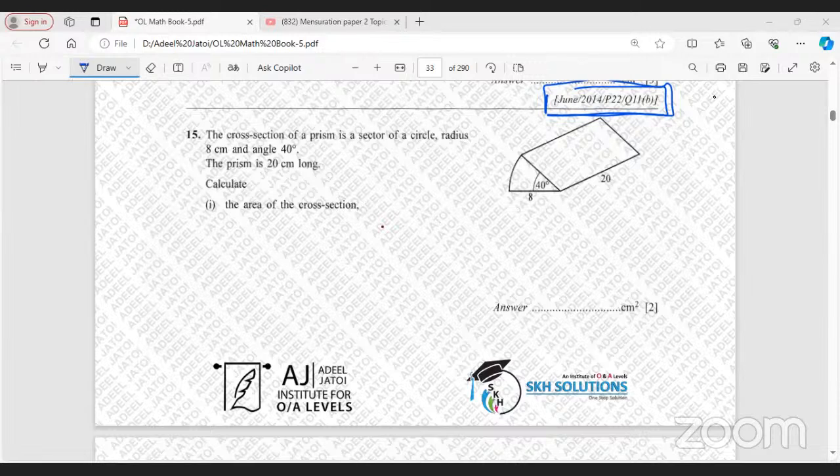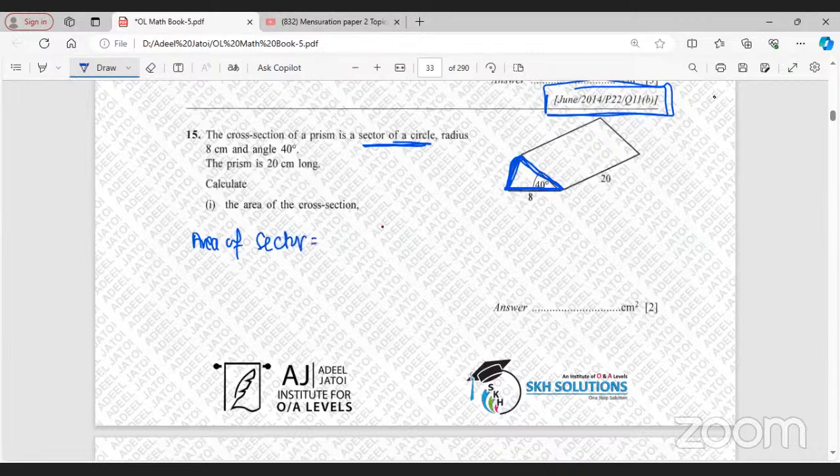If you want to find the area of the cross section only, that means we will be working with the sector, because the cross section of the prism is the sector of the circle. So we need to find the area of the sector only. So the area of the sector